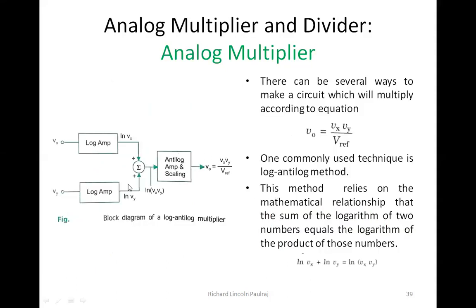We were able to do this with the help of logs. We know the simple formula where the logarithmic addition of Vx and Vy can be combined and it becomes a multiplication. Exploring this option, I made use of log amplifiers and summed them up, and ultimately this gets multiplied. For the purpose of amplification and scaling, I was using the anti-log amplifier.